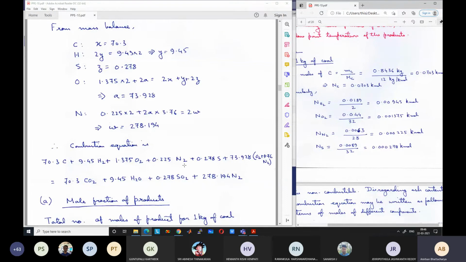Although it does not take part in combustion, you have a large amount of nitrogen and you have to heat this nitrogen. All the combustion products get heated to a high temperature, say 1000 or 1500 degrees centigrade. To heat this nitrogen to a high temperature, you need a lot of energy, sensible energy. So the more nitrogen present, the lower the temperature of the combustion products, because the amount of energy released is the same, but with more nitrogen you have more material to be heated using that energy. So the final temperature will be less.